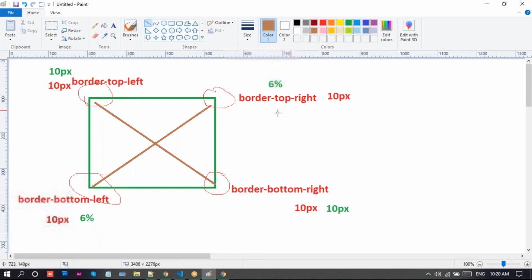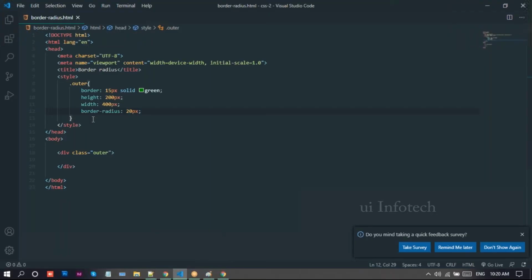Let me go to this Visual Studio. So here I just mentioned, I'll take here. Now I'll provide there 6%. Now go to this browser once, just reload this page. Now look at this one. If you want to see these changes clearly, I'll just mention 26%.